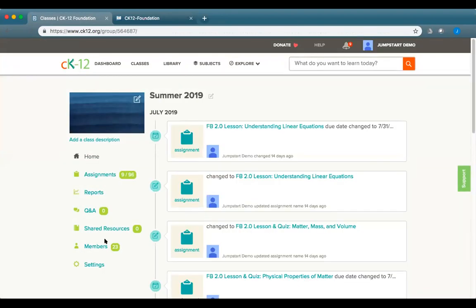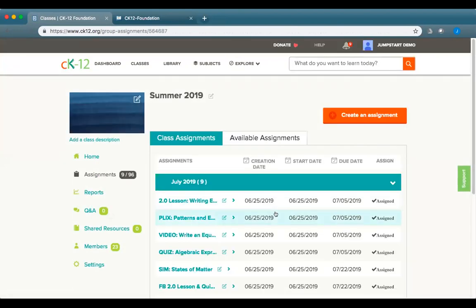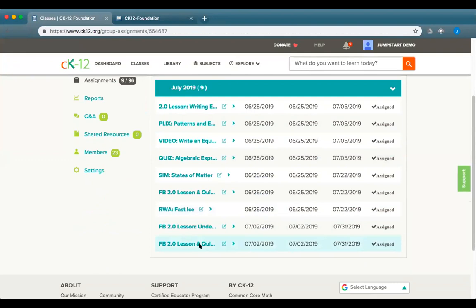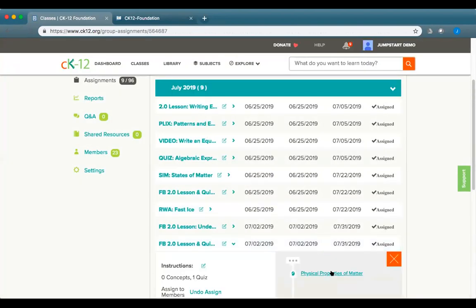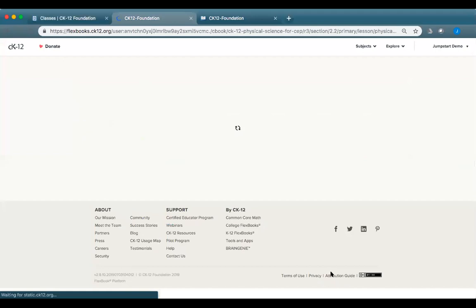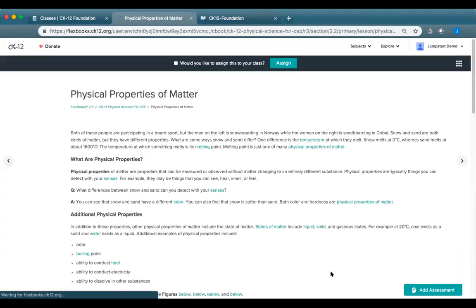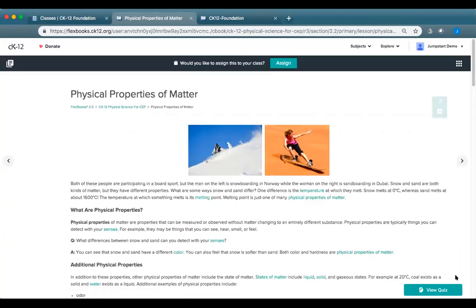I'm going to start and work my way backwards. So let's look at assignments for a second. I could pull this particular assignment, my FlexBook 2.0 lesson and quiz. I can pull it up, and you'll see that there are a number of options. Right now there's a quiz